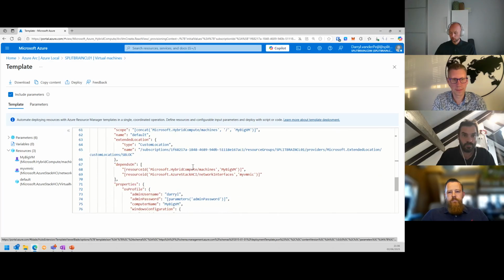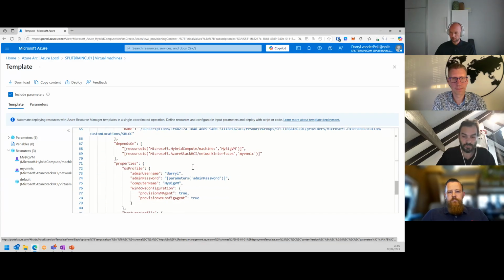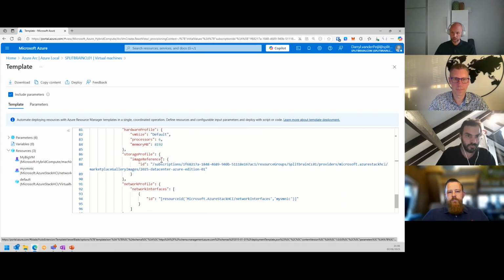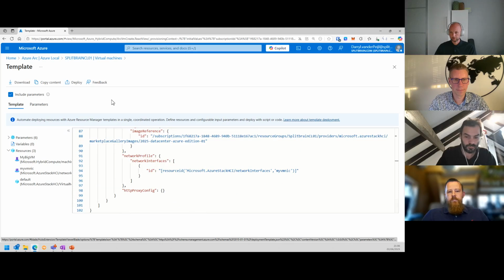And this is also where many of my customers are getting very happy because they now can integrate infrastructure as code and pipelines into the deployment of VMs deploying locally, right? So imagine if you have, I don't know, 25 locations worldwide, you can now deploy with one single click 25 VMs, one VM to each location, so 25 in total, right? So the automation is very powerful. And this is the cloud that you're using.